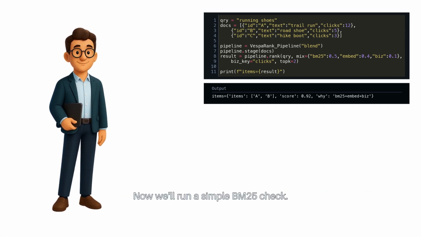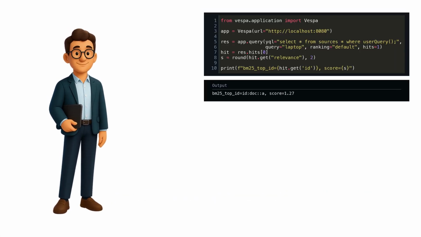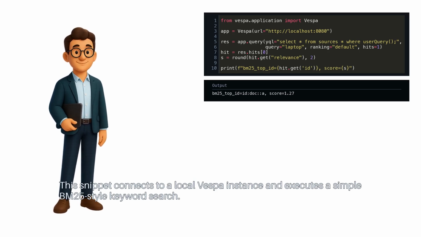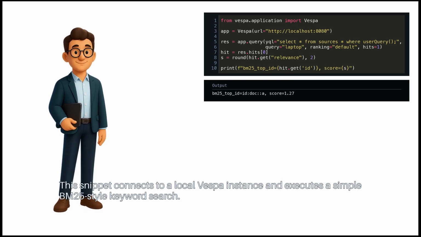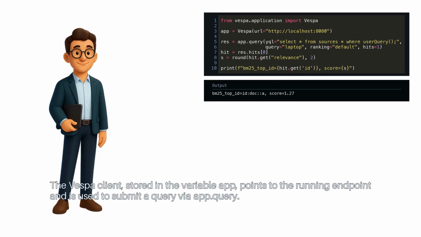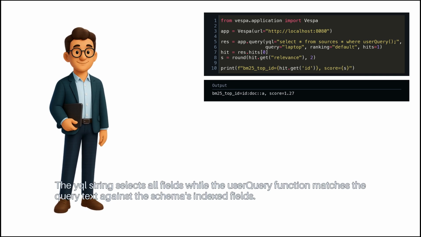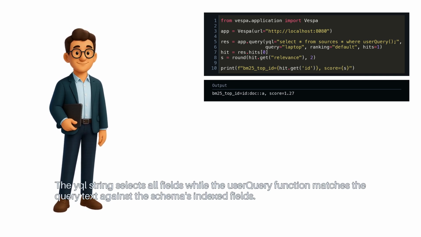Now we'll run a simple BM25 check. This snippet connects to a local Vespa instance and executes a simple BM25 style keyword search. The Vespa client, stored in the variable app, points to the running endpoint and is used to submit a query via app query. The YQL string selects all fields while the user query function matches the query text against the